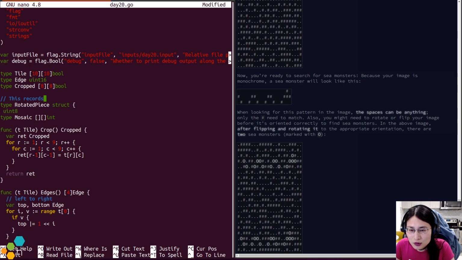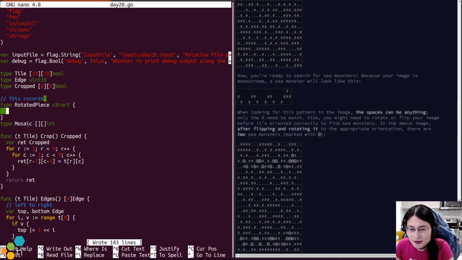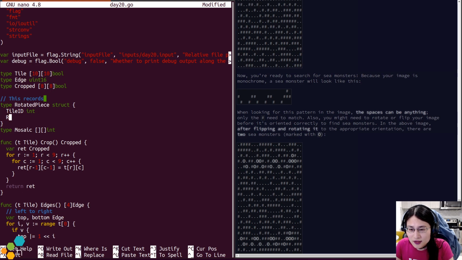All right, so a rotated piece is going to consist of a tile ID, and it's going to consist of a rotation. I swear I can spell.